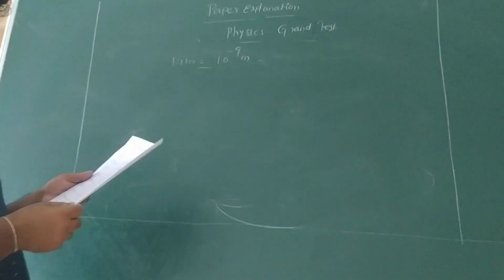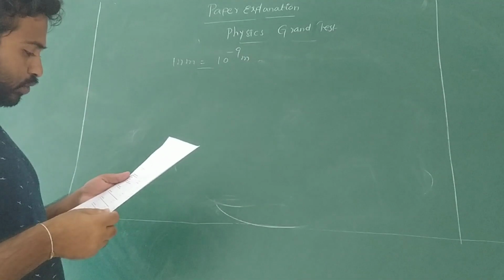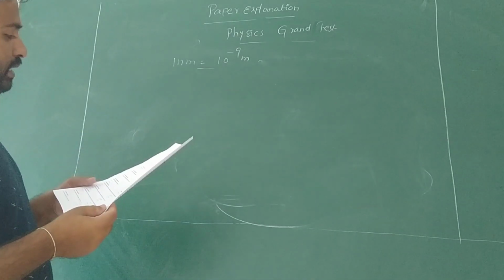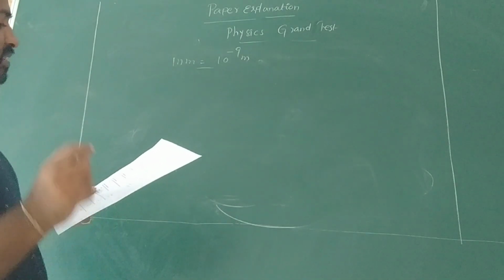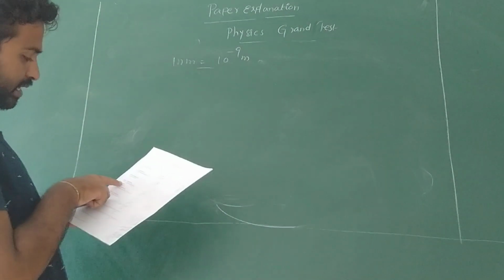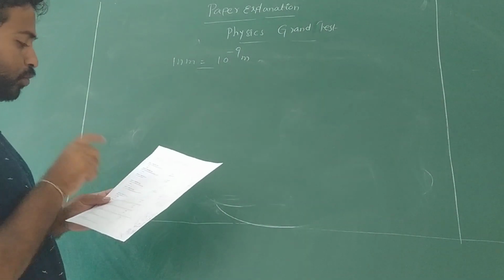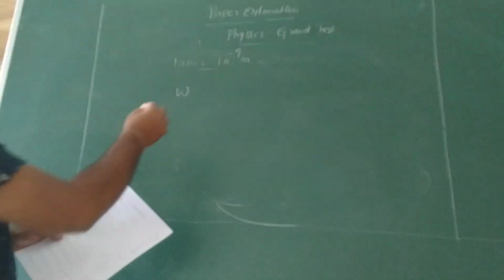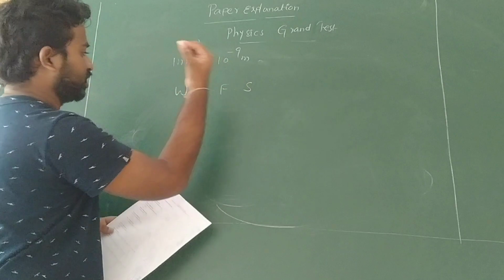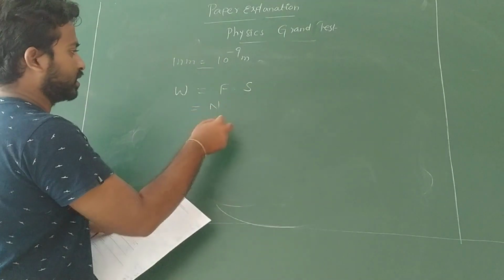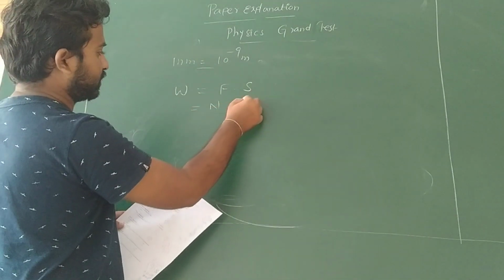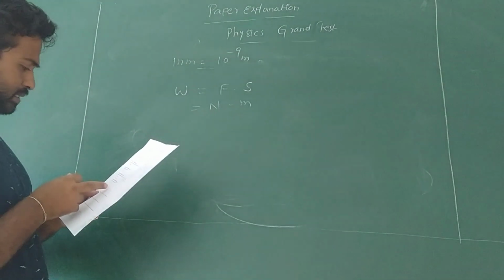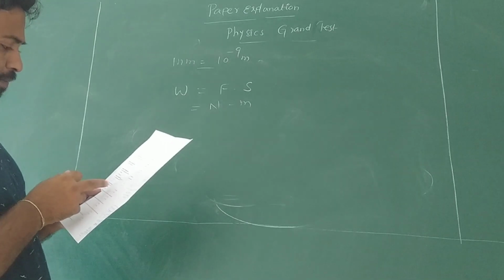And see the next one. Which one of the following is the unit of energy? I already told clearly in the second question that the dimensions of kinetic energy are the same as work. So here it is the same question again. Indirectly, which one of the following is the unit of energy? For example, I am choosing work. Already I told work is a form of energy. Work means force into displacement. The SI unit of force is Newton, the SI unit of displacement is meter. Then the SI unit of work is Newton meter. So here it is option B.